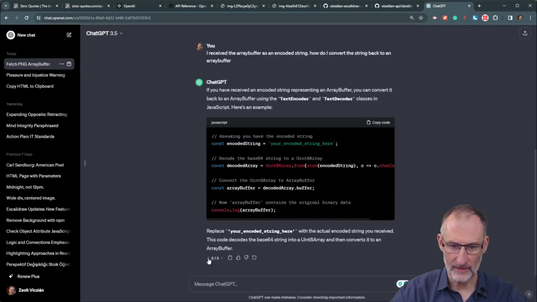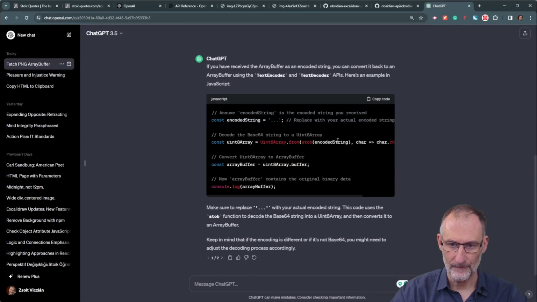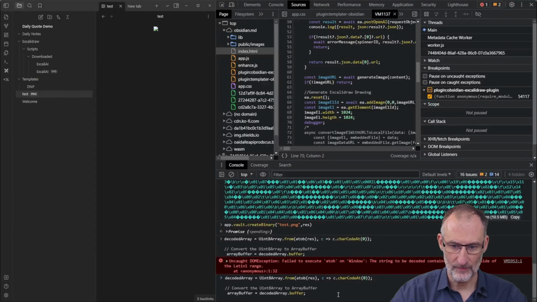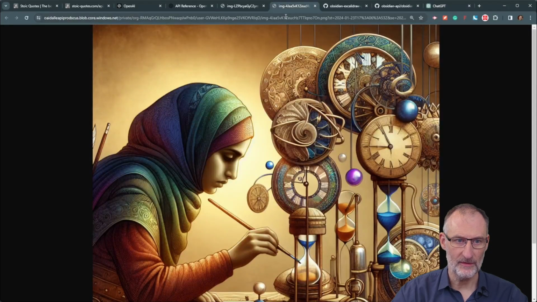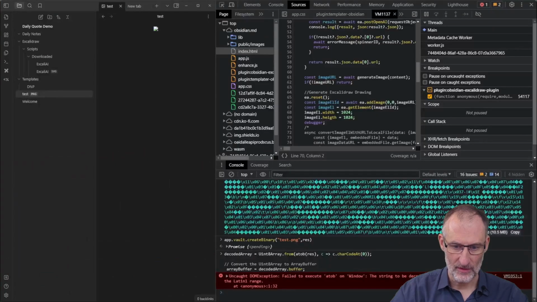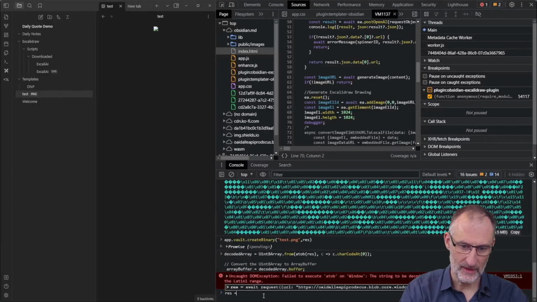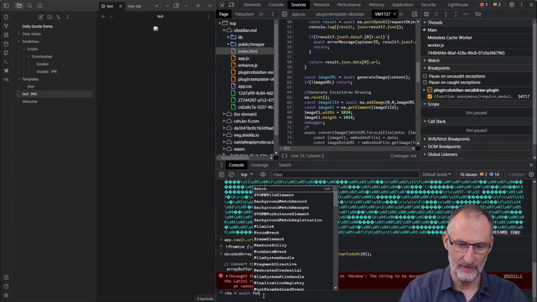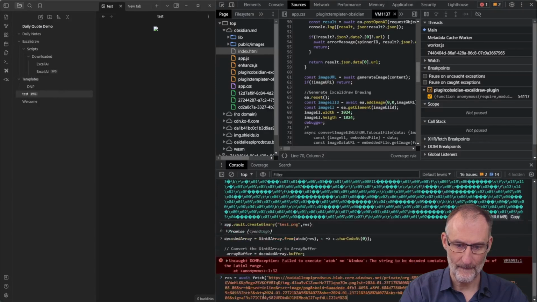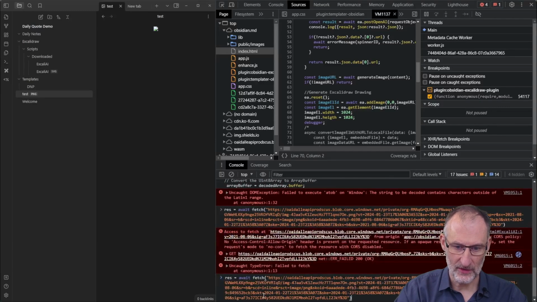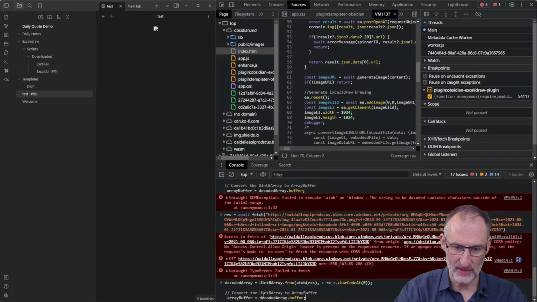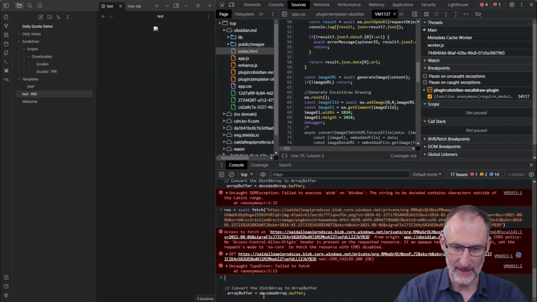So what the heck is going on here? And what if I use fetch? So what if I simply use fetch? So result equals await fetch. Yeah, that's the issue, that I get a cross-origin error, so I need to use the response, or the request, but then